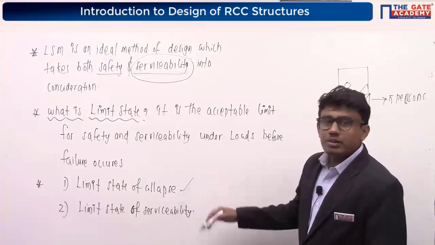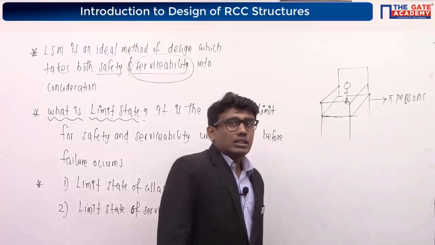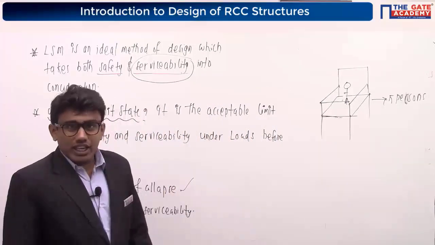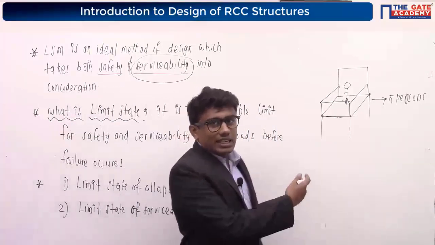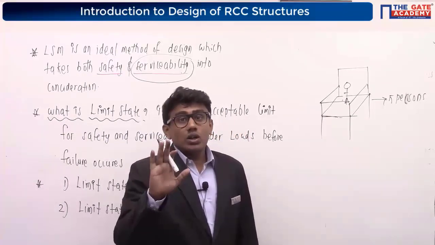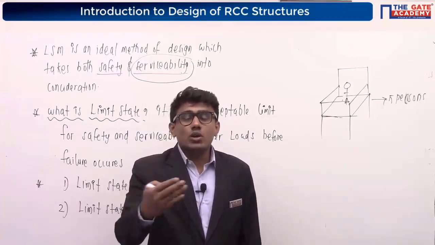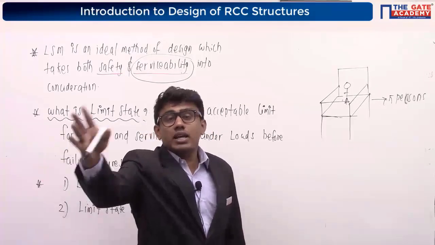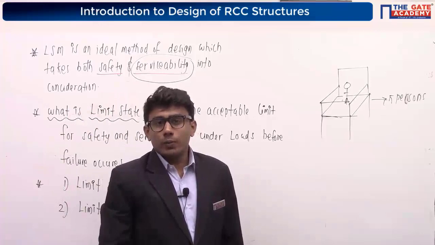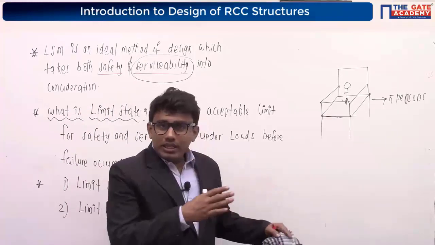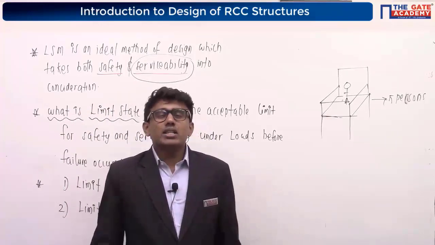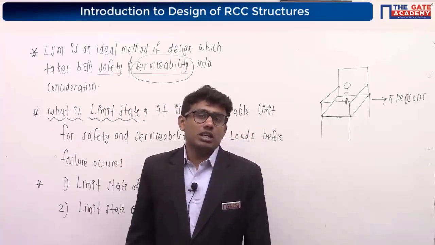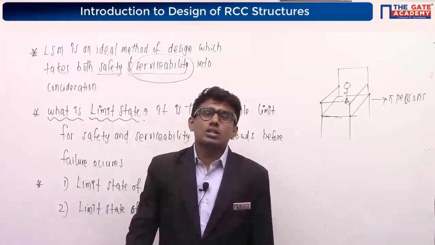We have discussed limit state of collapse. What is limit state of collapse? That is the acceptable limit for safety. Think about the example of the chair. How many persons' load can the chair carry? Around 5 persons' load. If a 6 persons' load comes on the chair, the structure will fail. So what is the limit state of collapse there? 5 persons' load. And I told you about deflections and deformations; these must be within some permissible limit, or we can say we are limiting those values.